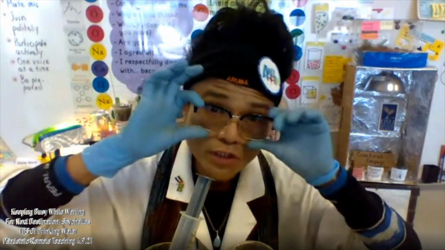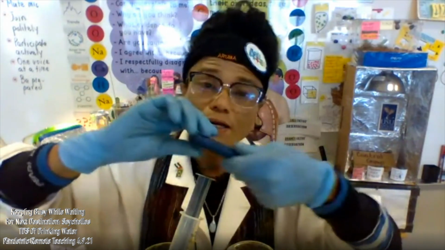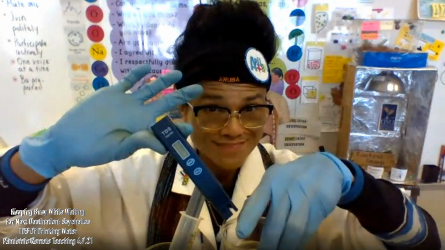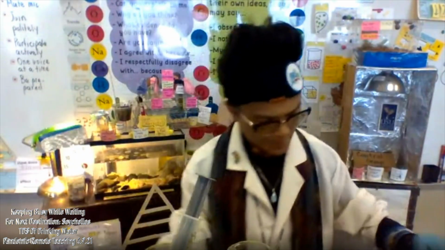We will not be able to know which kind of chemical is in the water, could be one or two or five or more. But we will be able to know quantitatively by looking at what number it will register when I dip this probe into the water sample, and then we're going to use the chart that we saw a while ago